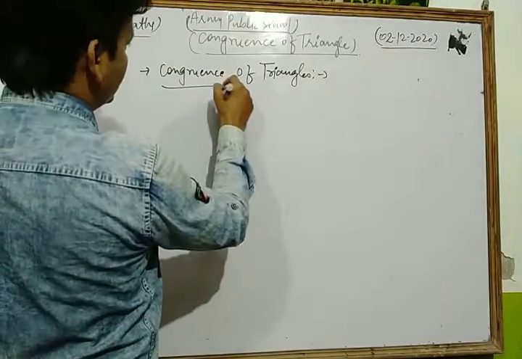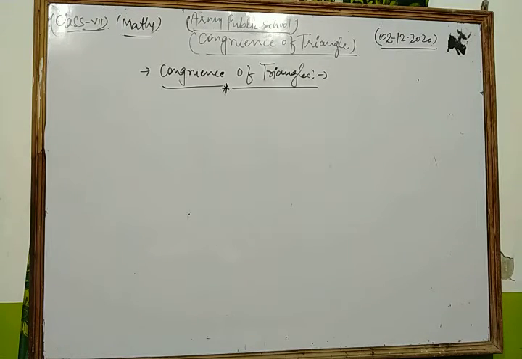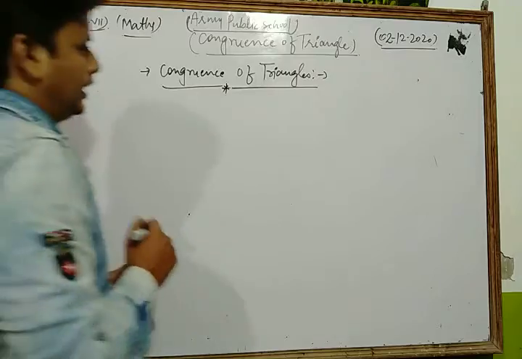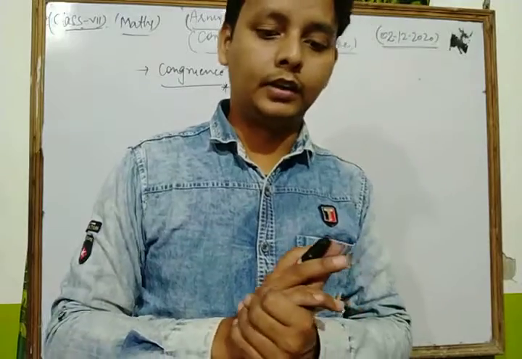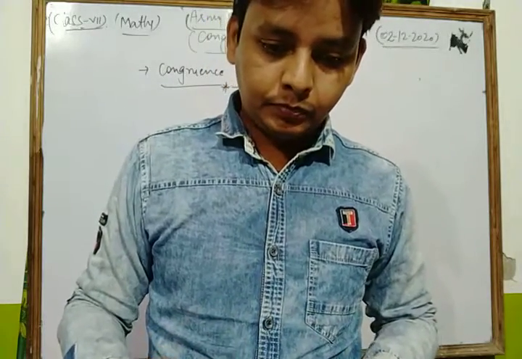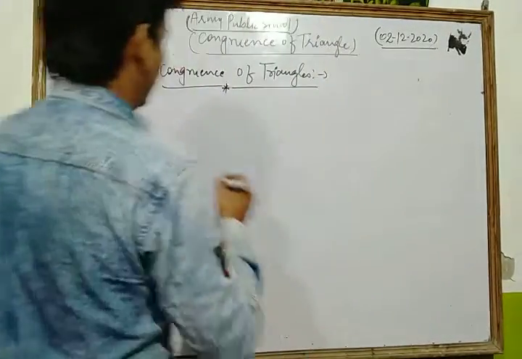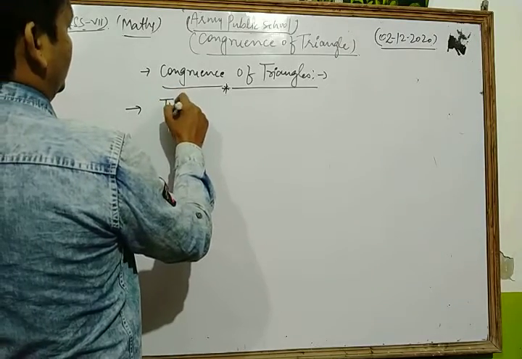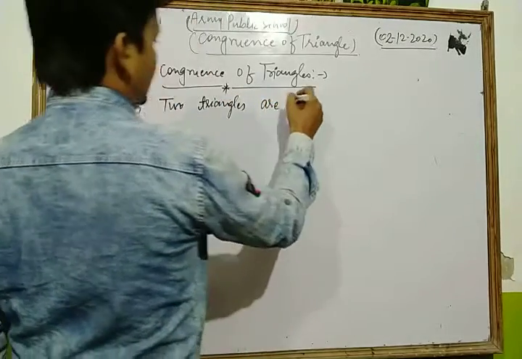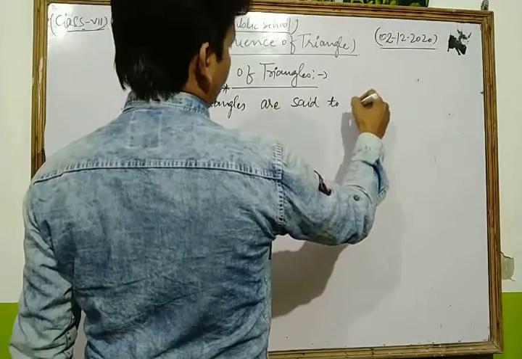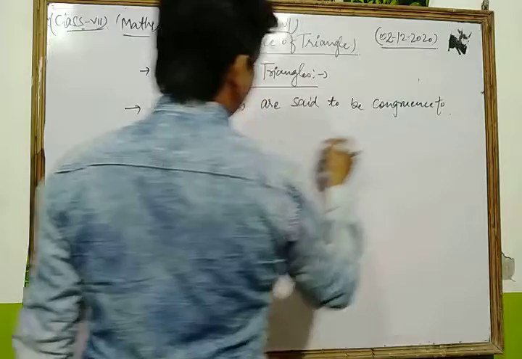Okay dear students, now we are going to discuss the topic congruence of triangles. Dear students, two triangles are said to be congruent to each other